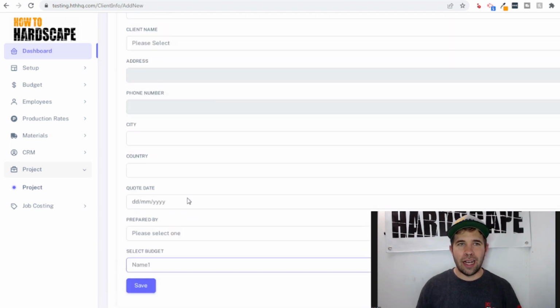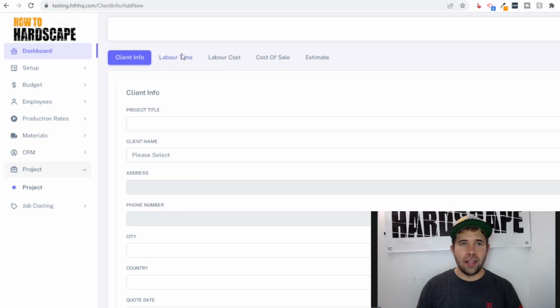This would allow us to calculate what the amount of labor time for this specific project versus the amount of labor time that we have per season that we calculated in that budget. So for example, if we have 1,000 hours in that season and this project is going to take 100 hours, that's 10% of our overhead expenses that are going to be allocated to this specific project. And that's how this calculation works.